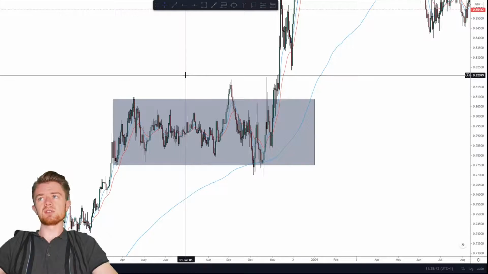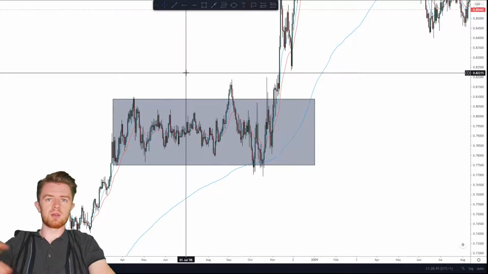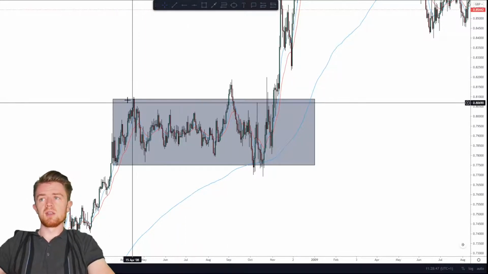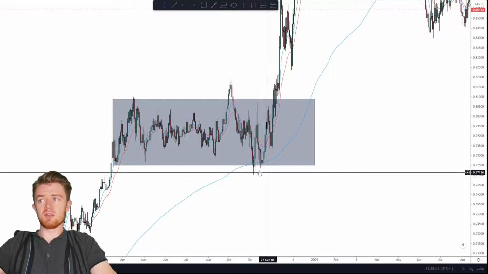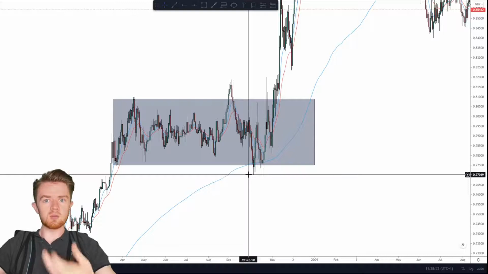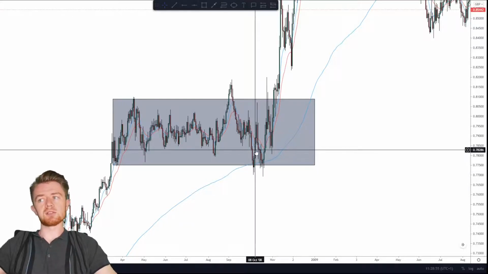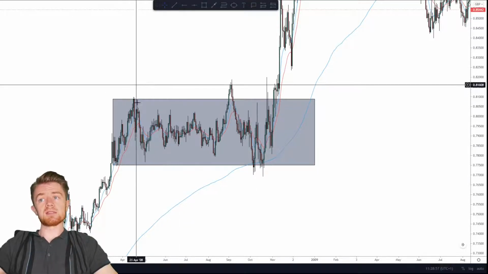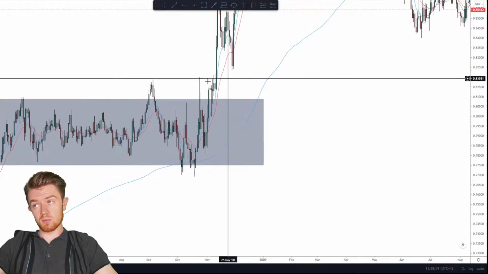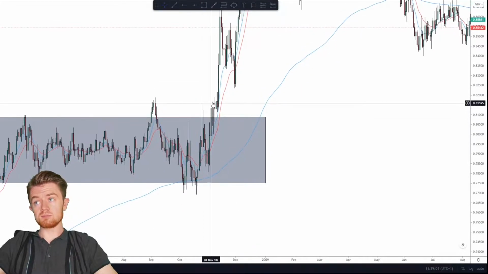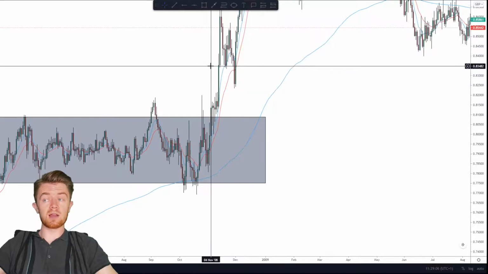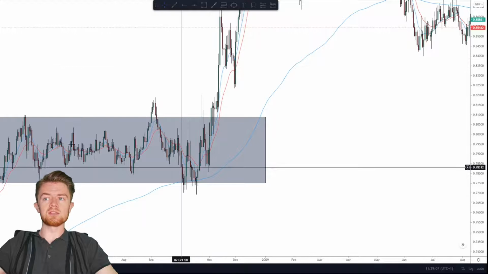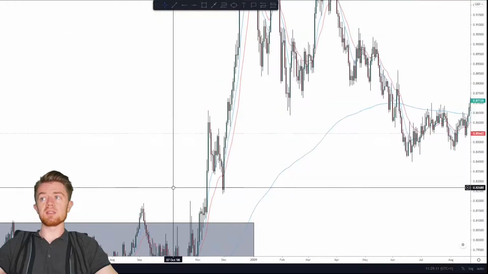So that's where we can use horizontal rectangle tools. Now here we have experienced a bit of manipulation at the highs and the lows, where the price has gone to break out, but hasn't done so. But we can see that when we did break above with momentum and carried far and high above, and closed well above this zone here, we did in fact continue to the